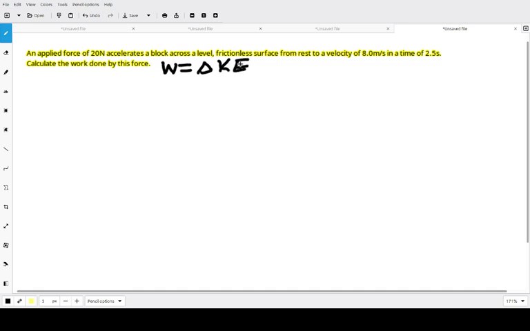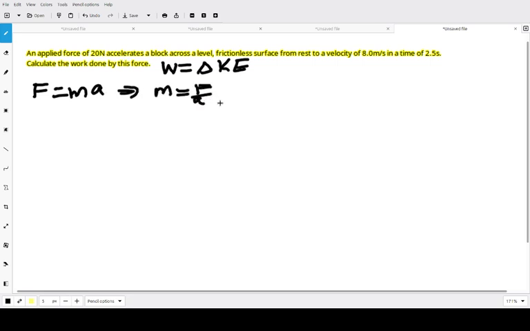The initial velocity here is 0, so the initial kinetic energy is 0. The final velocity here is 8, so the final kinetic energy is 1/2 m times 8 squared, which is 32 times m. We don't know what m is yet. So, how do we do that? Well, let's relate mass to the applied force. From Newton's second law, we can see that F equals ma, so that means m is equal to F over